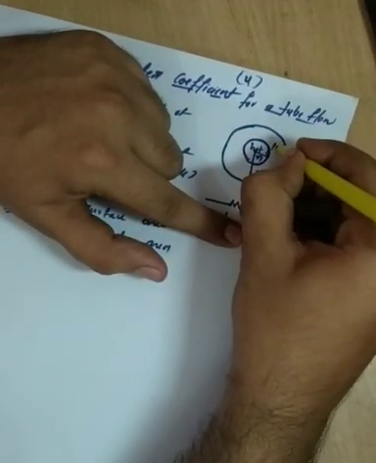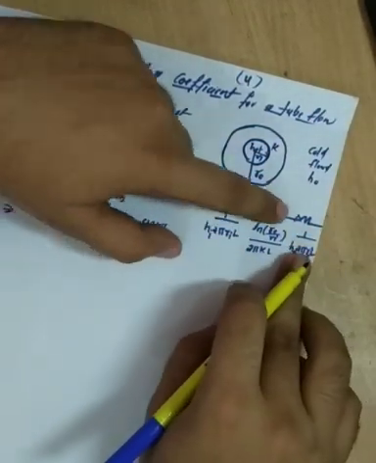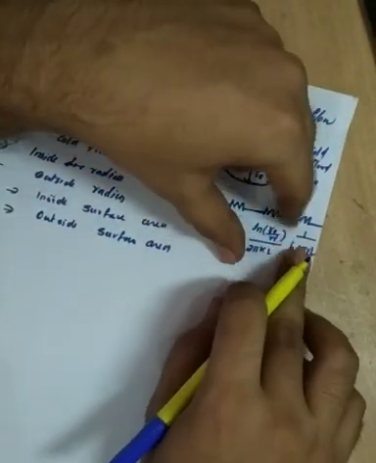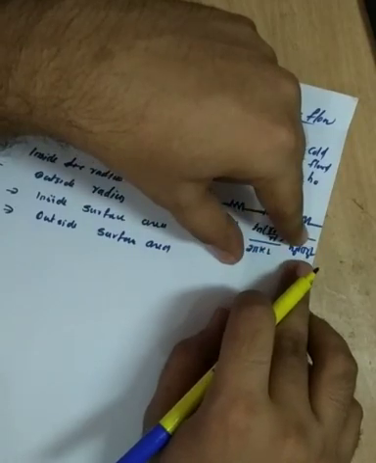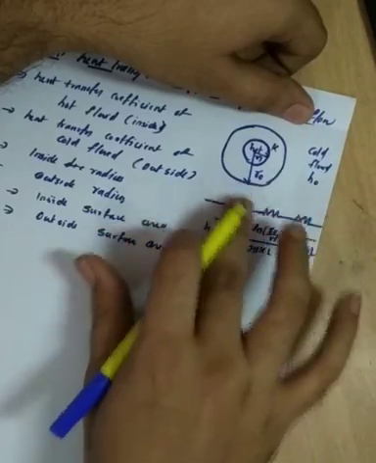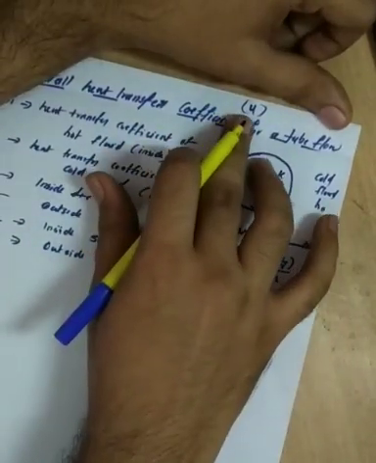Outside the fluid, the thermal resistance is 1 by Ho 2 pi Ro L. So this is the total resistance of this system, and we are going to find out what the overall